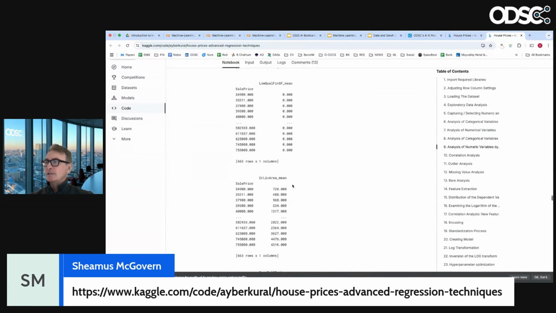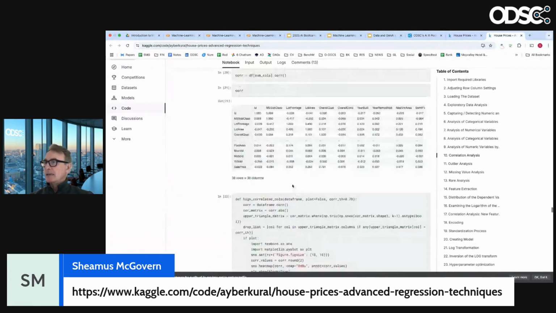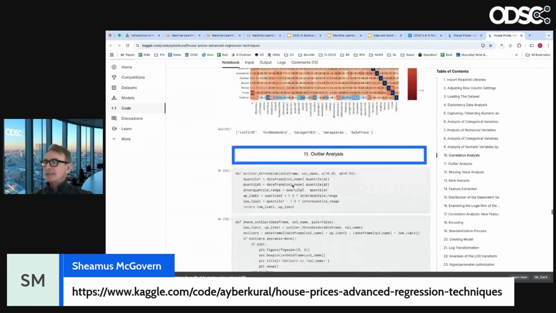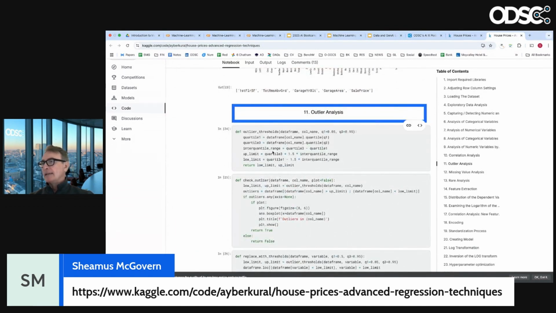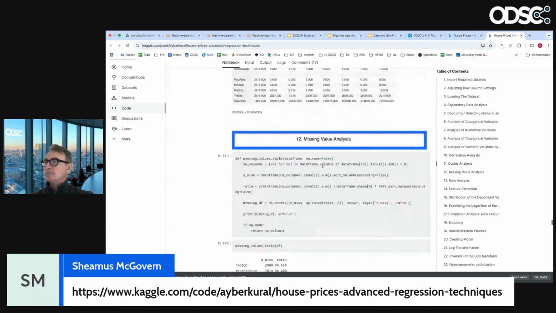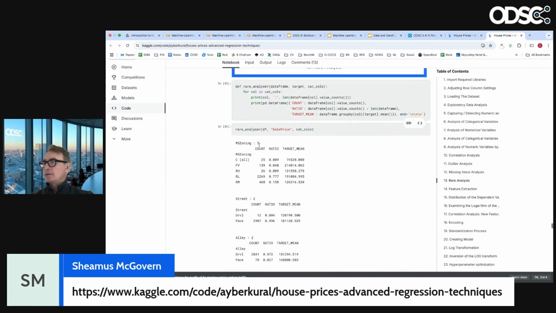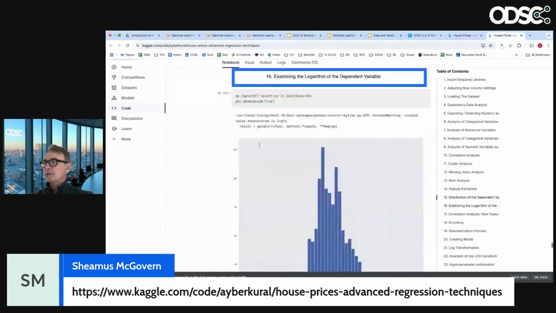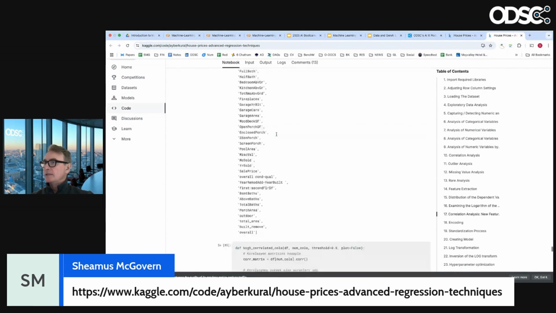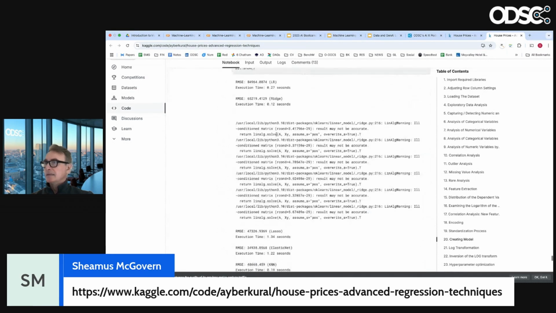Sorry, I'm trying to get to the good stuff. Where's the good stuff? Where are the results? That's a better looking plot than mine, but still looks like a rug. Outlier analysis. Yeah, see the way it's looking at quartiles for outlier analysis. And here he's using a threshold, and see their threshold between first quartile 0.5 and 0.95. And yeah, zoning. Okay, come on. Where's the scoring? Correlational analysis. Okay.